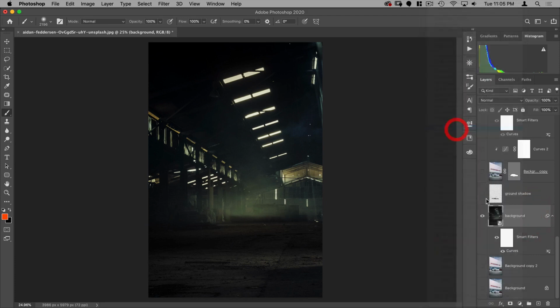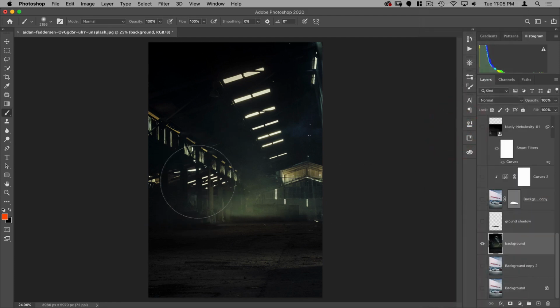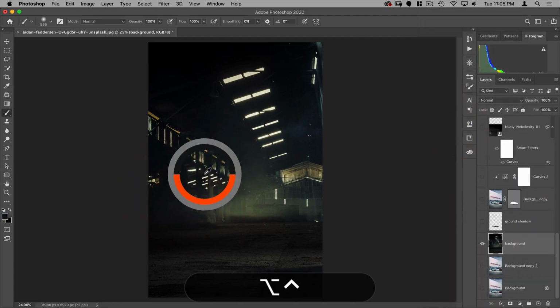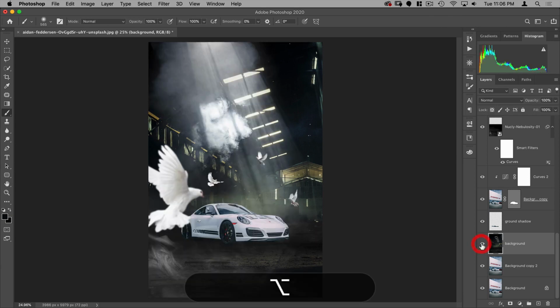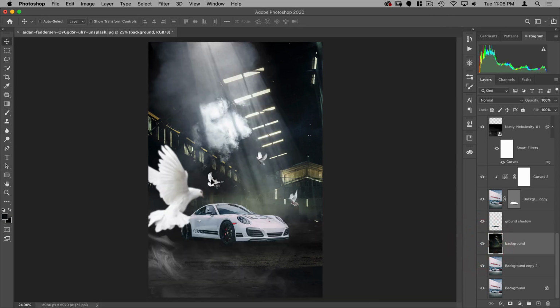So if I rasterize the layer, I can now paint on it. So I'm just going to select this surrounding color and paint in these highlights here. Just like that, and then Option, click on the eyeball again. So there you go. Now our little bird there is a little more obvious.